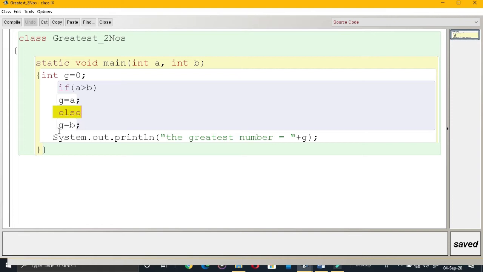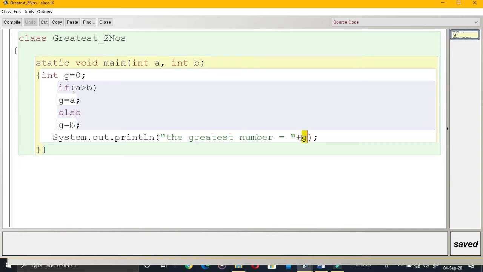G. This is a variable in order to store the greater number. G is equal to B means G, its value will be the value of B. That means 45. 45 will be stored to G. Now after this, system.out.println, the greatest number G. G means 45 will be printed.